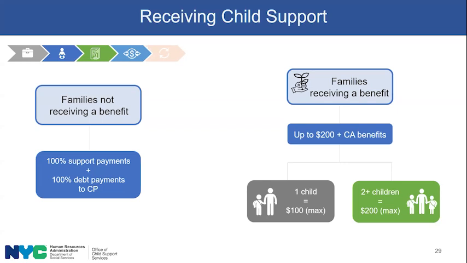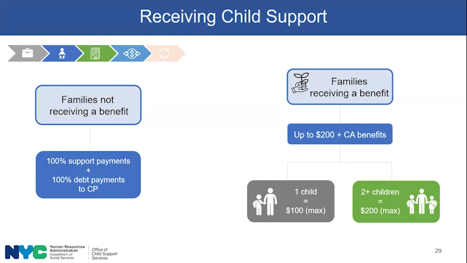For families that are receiving a benefit, the family receives the cash assistance benefit, as well as a pass-through if child support is being paid. And that can go up to $100 if there's one child on the case and the monthly payment is $100 or more, or it can be up to $200 if there are 2 or more children